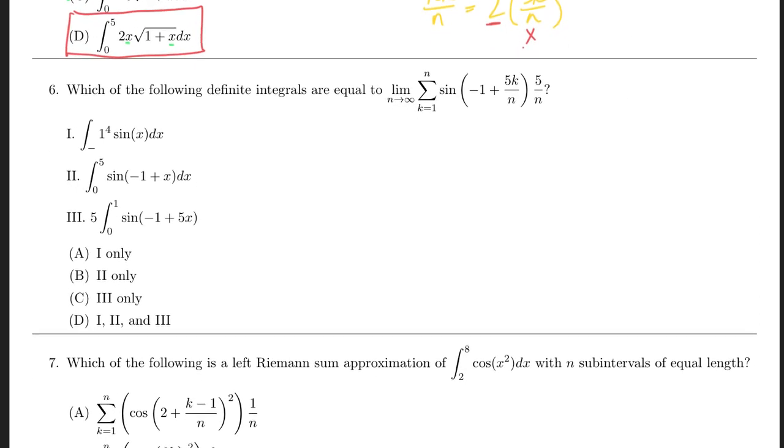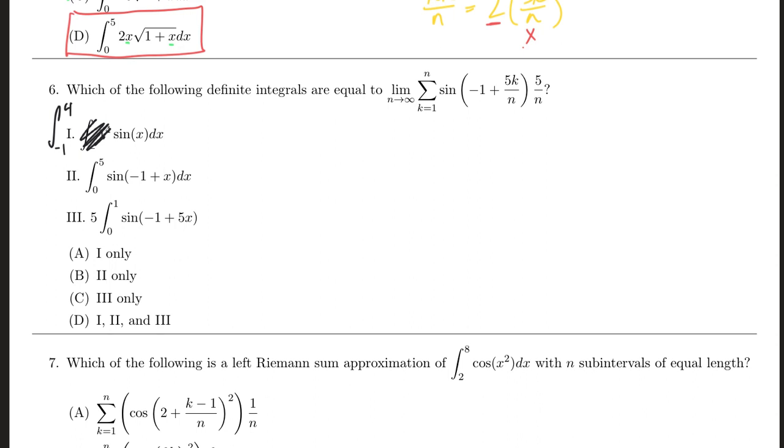All right, so we can use these same tips to answer number 6. Which of the following definite integrals are equal to this sum? And I just realized there's a typo. This should look like the integral from -1 to 4. All right, so which one of these are equal to this